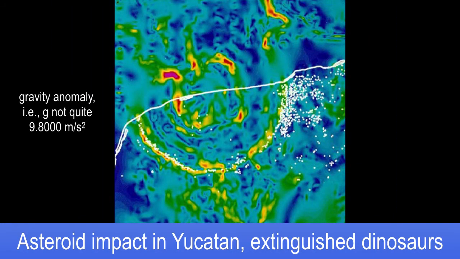They were looking for petroleum. This is a gravity anomaly. So in other words, measuring where gravity is a little bit stronger or a little bit weaker than 9.8000. They found the impact crater. They didn't know what it was. They found this ring-shaped structure down in the 70s when they were prospecting for oil, for petroleum. And then in the 90s, they kept going back, and they recovered what we call impact glass.